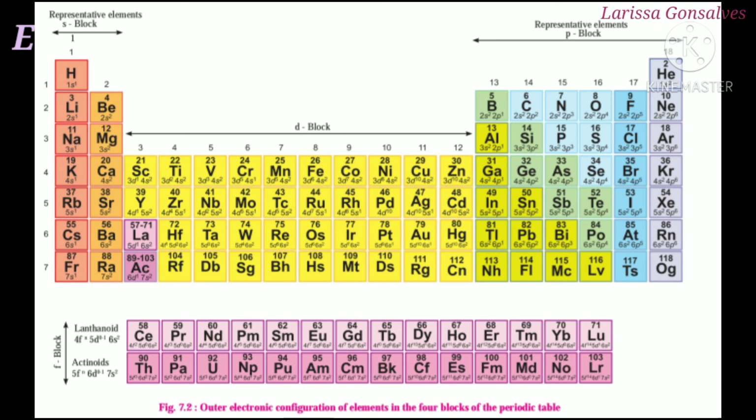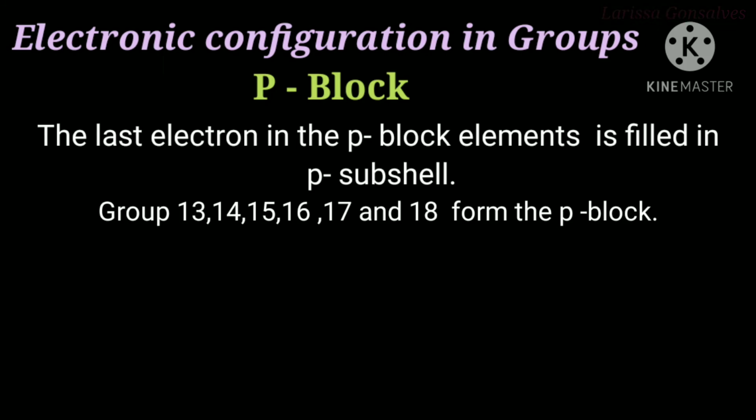The first element of group 18 is helium, but if you observe, it does not have the p subshell, as its valence shell has only two electrons where n is equal to 1 and its configuration is written as 1s2. But still helium is placed in the 18th group of the p block. And why is that so? Because if you look at its electronic configuration, it is 1s2 and the s subshell is completely filled. So group 18 is the only family in the modern periodic table which has a completely filled valence shell, or you can say it has a completely filled duplet.